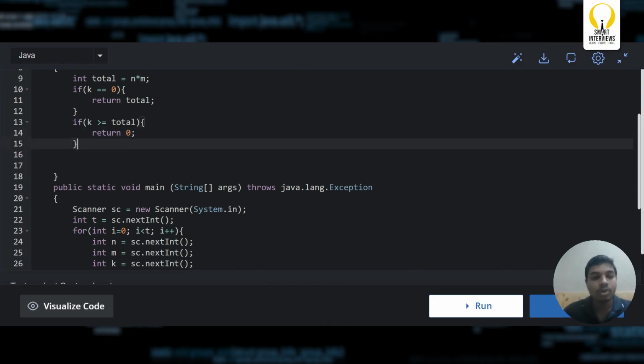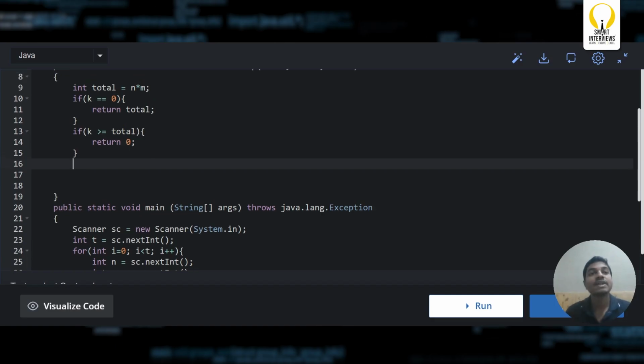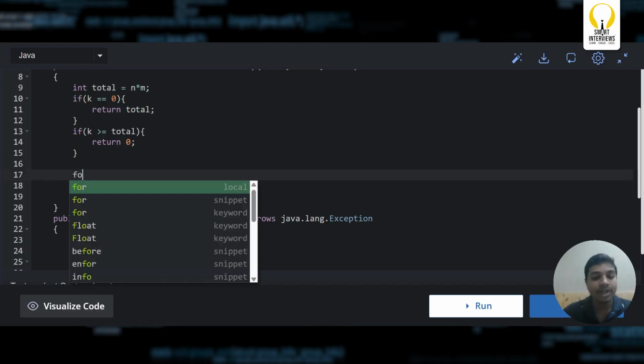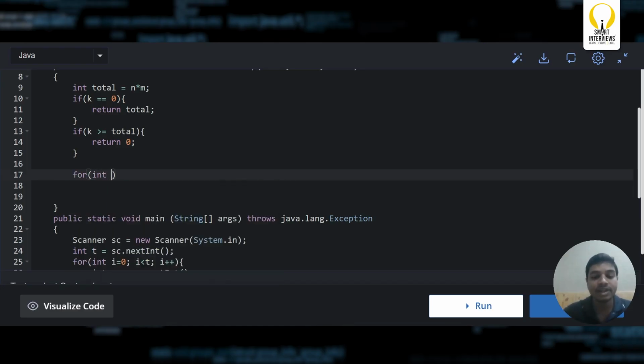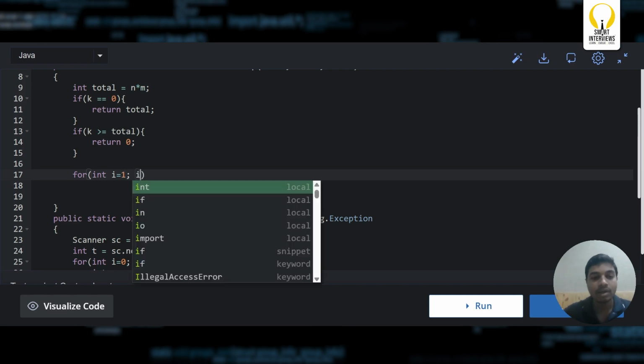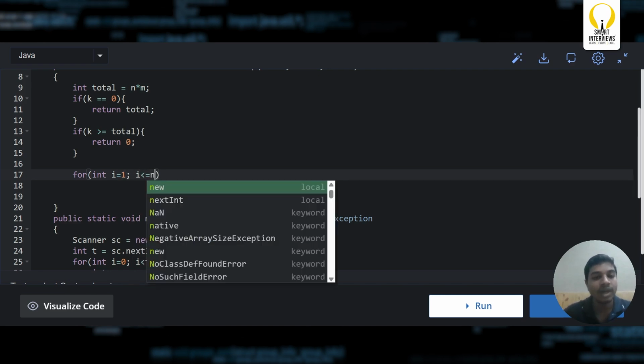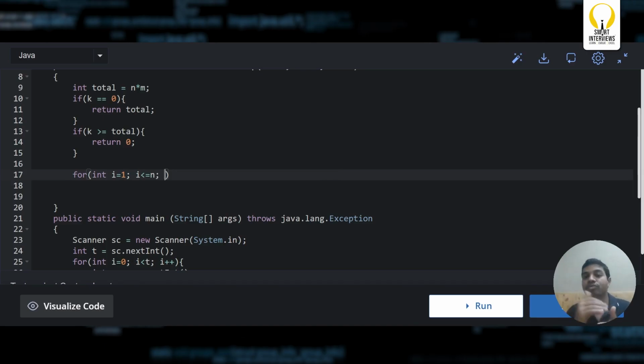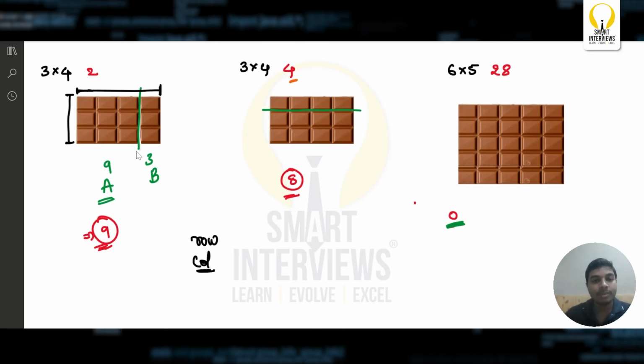Okay. If these two are not the possibilities, I'm left with a few things. I could go on slicing horizontally and I could go on slicing vertically. Of all of them, whatever is left over, I'm going to take the maximum that is left over with Alice. Yeah. So can I simply go with a for loop? Let us say int i starting with 1, i less than or equal to n. Basically, I can also give all n rows to Bob. So for this reason, i less than or equal to n, i plus plus. So what I'm going to do is